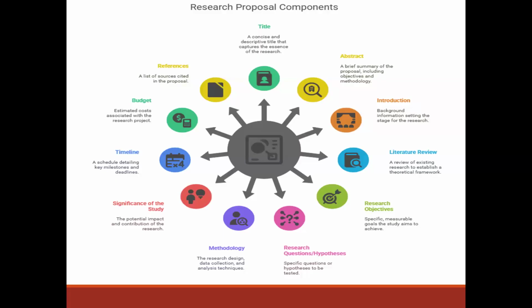This is where we review existing research to establish a theoretical framework. Depending on the kind of study you do, sometimes you only need to do an empirical literature review. This is just empirical data that is there, from people who have conducted research and published empirical information. Sometimes in certain kinds of research, you must do both an empirical literature review and a theoretical literature review, depending on the kind of work you're doing.